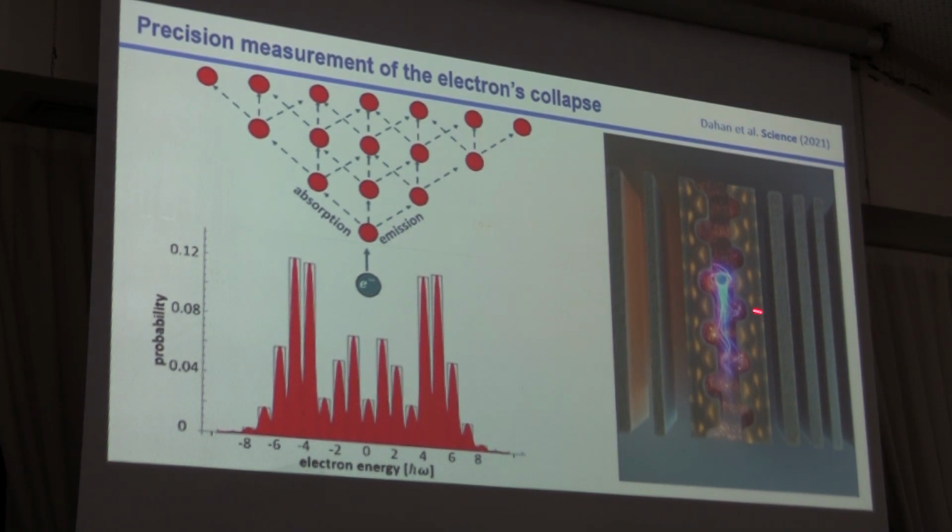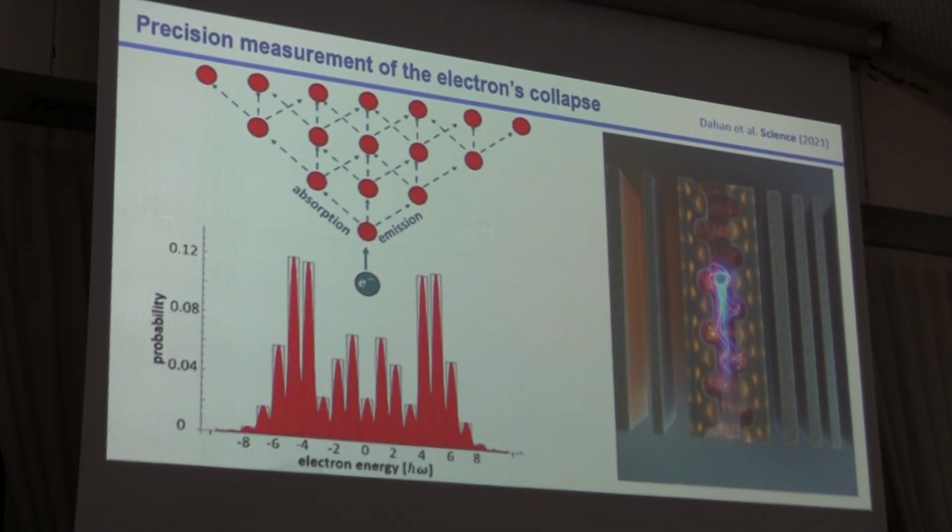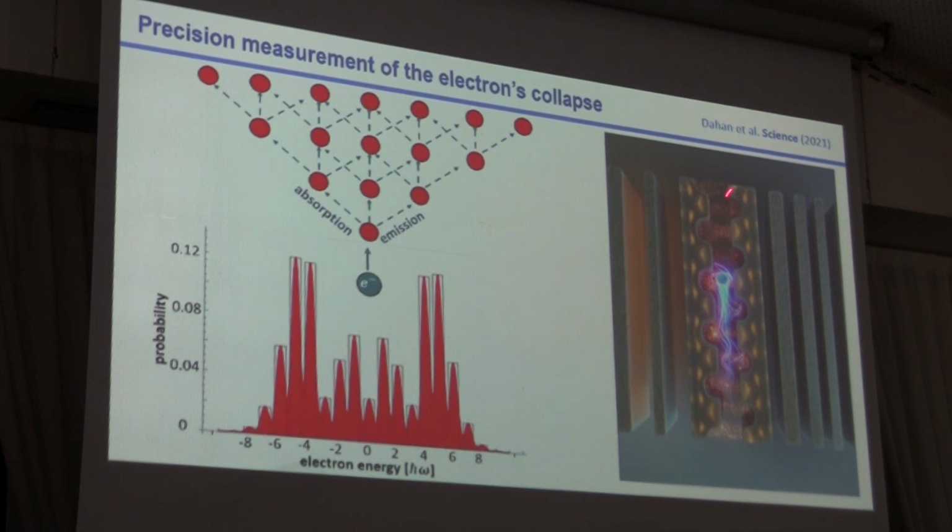This is actually a miniaturized accelerator made in Erlangen, Germany, by Peter Hommelhoff. This group is doing fabrication on the nanoscale of silicon structures. The only thing that is not accurate about this is that it's way longer, and we can send the electron exactly through the structure precisely to interact with the electromagnetic field inside. And then we can ask, well, what happens to this electron after interacting with a very weak field? Will it collapse when absorbing or emitting a photon, or will it stay coherent?